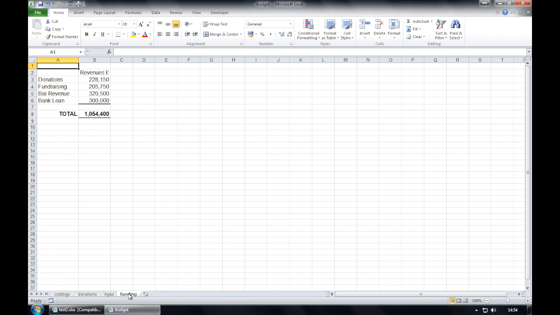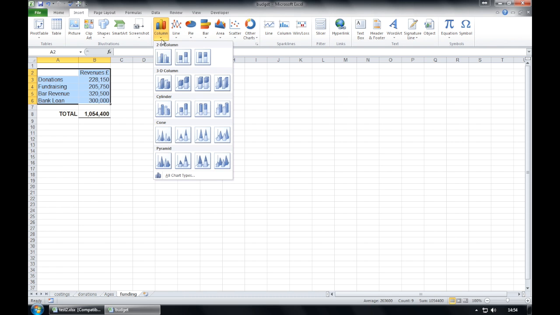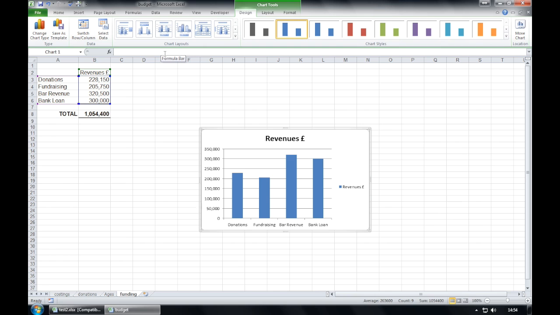At the bottom here, we need to create a column chart from the cell range A2 to B6. So we select and hold with our mouse A2 to B6, and on the Insert function we can have ourselves a column chart, and we can simply just choose the very first chart.